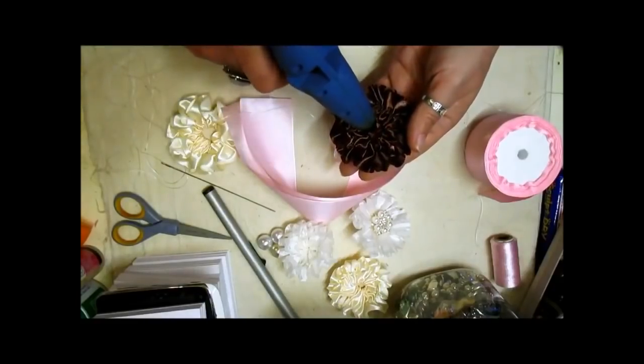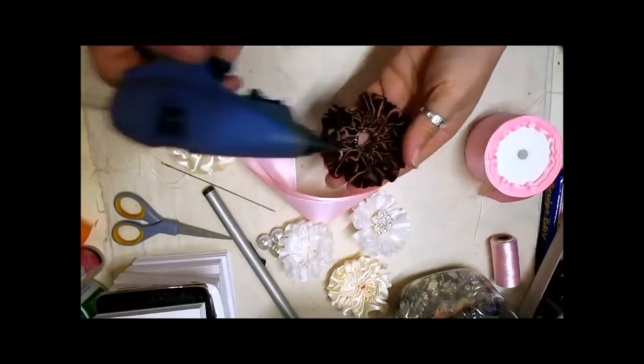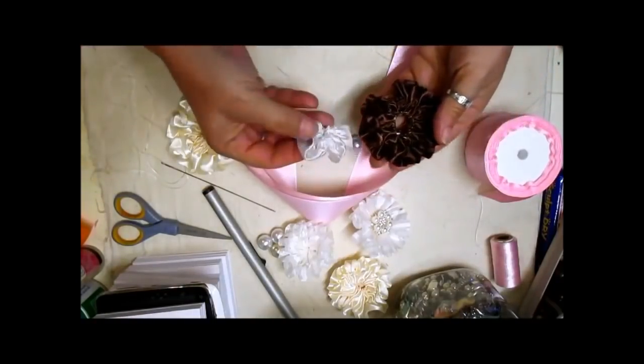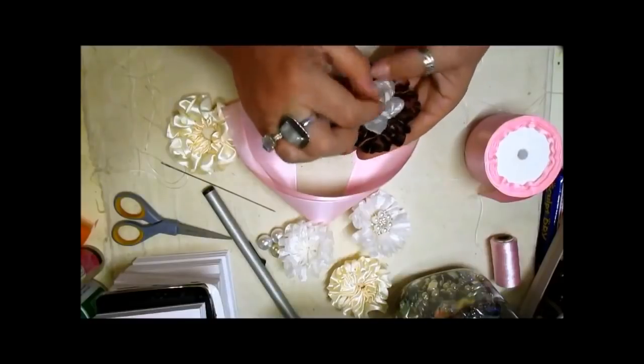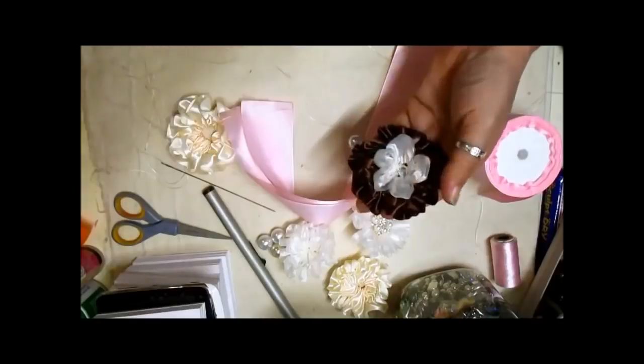And they're stunning. Now you can use silk ribbon, satin ribbons, whatever ribbon you want, it doesn't matter. So I'm just going to pop that in the centre. So hopefully you can see that. And then to that,